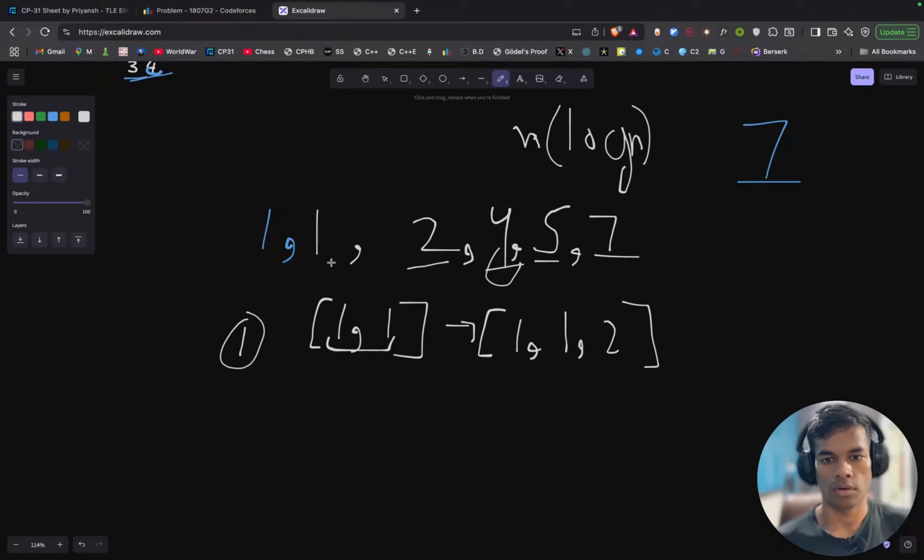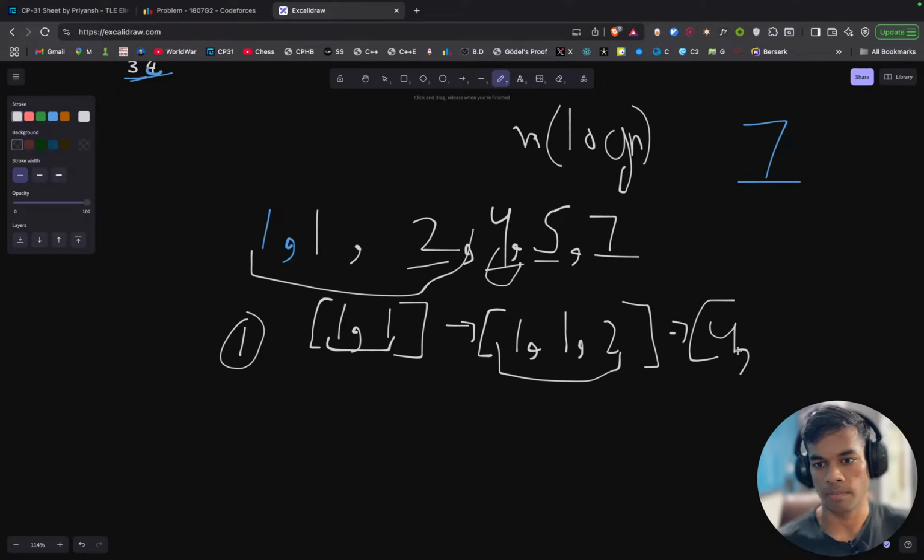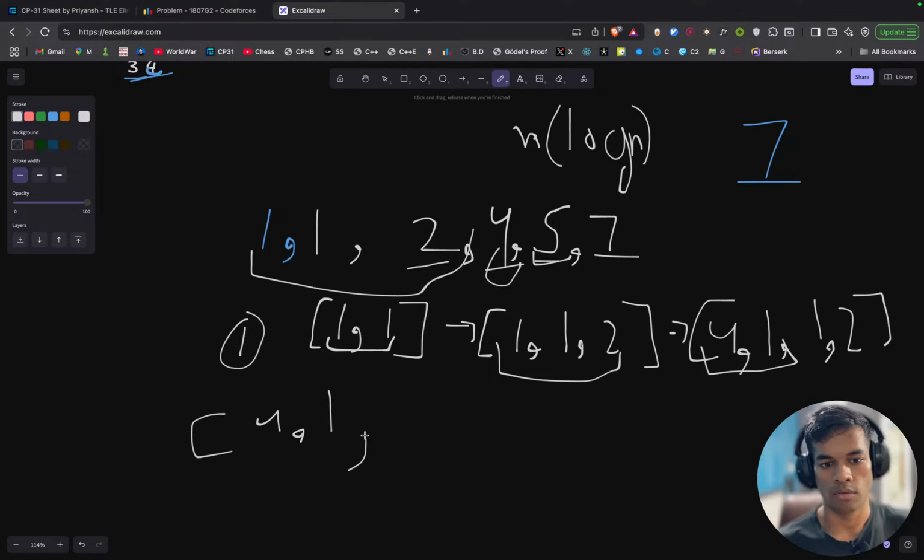To make 4 I would have to choose all of these. Yes, if I choose all of these, I can add 4 here, 1 1 2, and then to make 5 I can choose this subarray. So 4 1 1 2